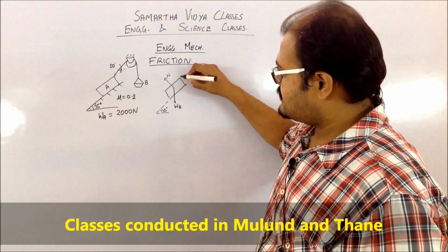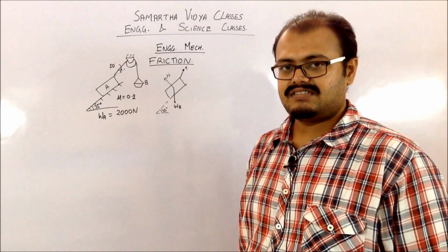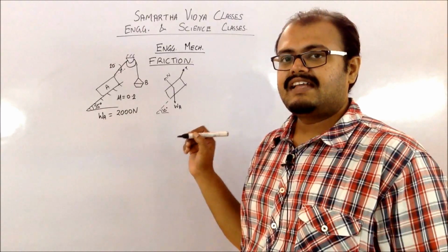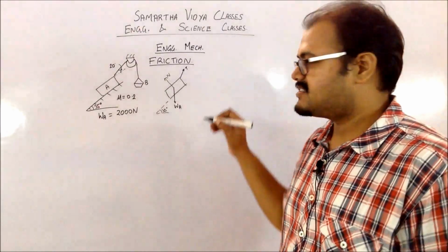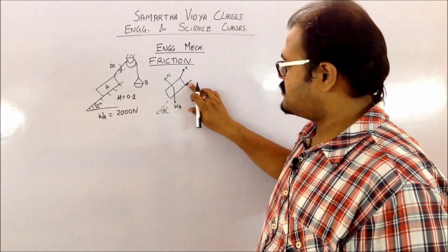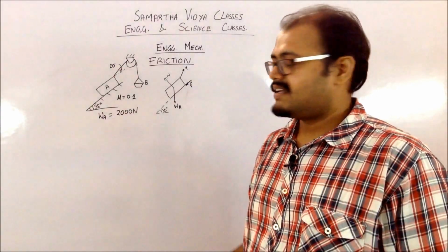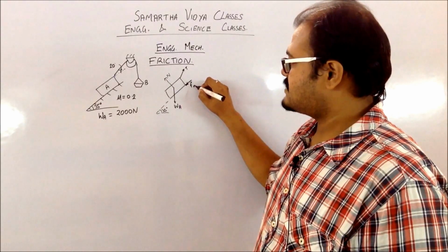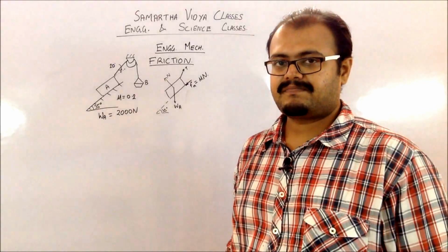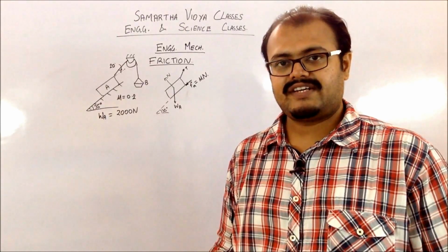Then it is attached to a string, so there will be a tension T which is going to be generated over here. And since we want A to move in the upward direction, the frictional force is going to oppose the motion. So your F, that is the frictional force, should be in this downward direction. Now since your frictional force is to be maximum, this value should be equal to mu into n. So now what we need to do is solve the condition for equilibrium.